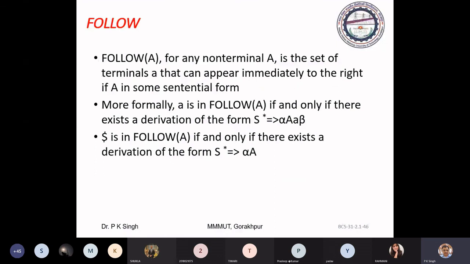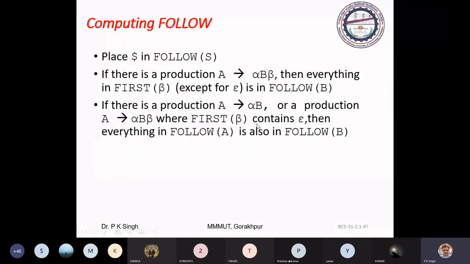Follow. Follow has three rules. These are the three rules of follow. If S is the start symbol, then dollar is in follow of S, because dollar is the end of string marker, meaning all the input symbols generated by the lexical analyzer have been considered for parsing.